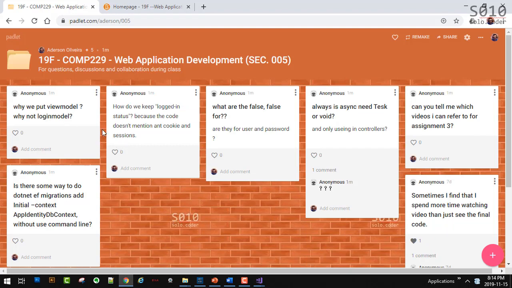Okay, so the question here is why we put view model, why not login model, view model? When I say view model, it's just terminology. It is just a way to classify this kind of class. View model is not really a keyword.